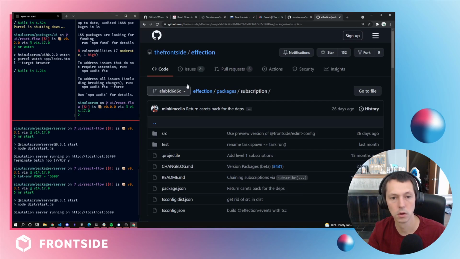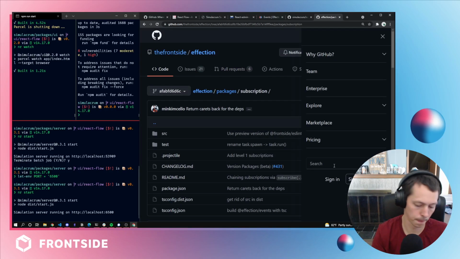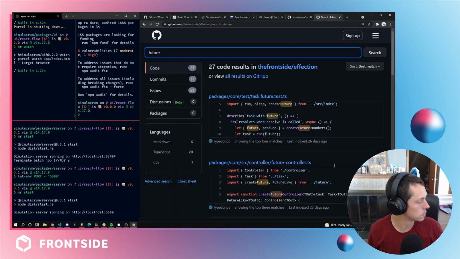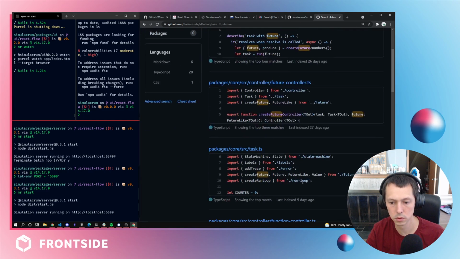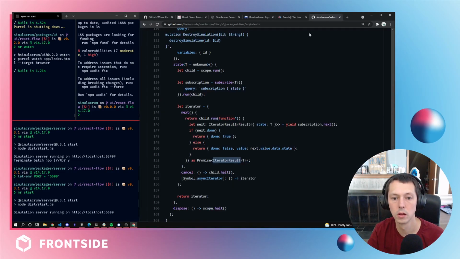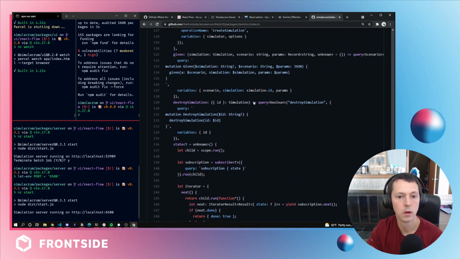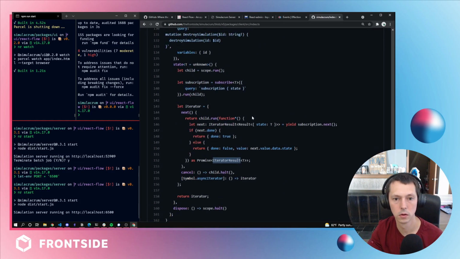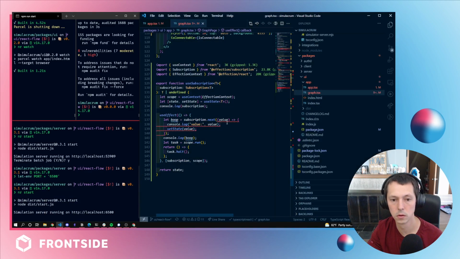Emitters. In core, create a future. Okay, so